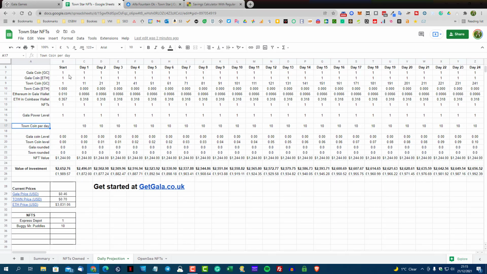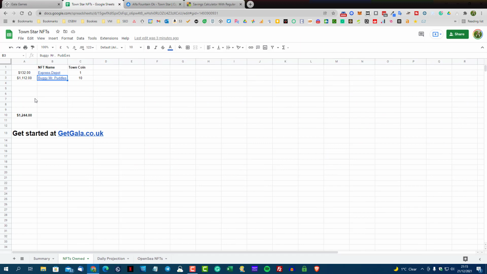So on to here. We say we've got the start. What I've assumed, I'll just go to another sheet, is that, for example, you have purchased Gala Gold, which gives you the Express Depot, and you've also purchased Buggy Mr. Puddles, or the Buggy Water Bot, from OpenSea, which would earn you 10 coin per day. So when you start out, if we go to the projection,